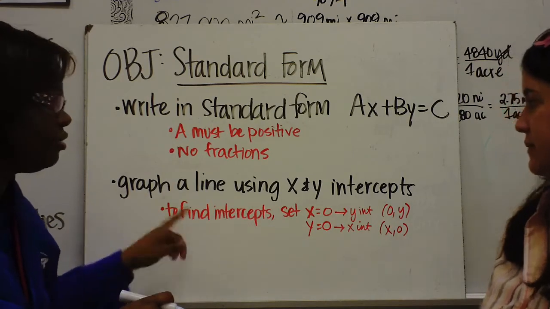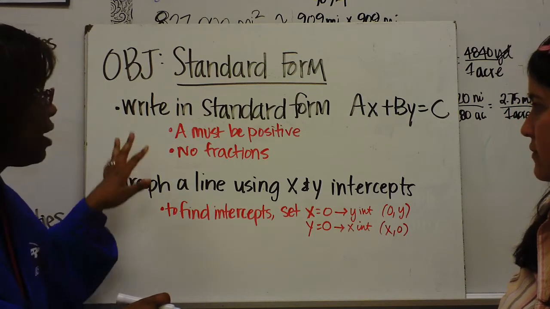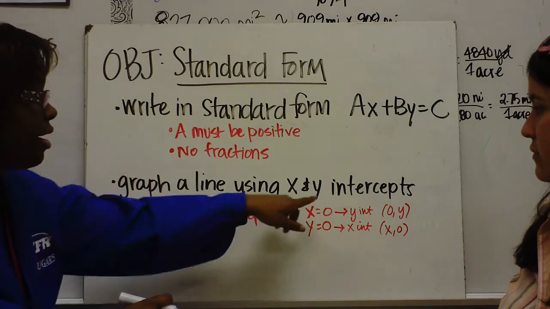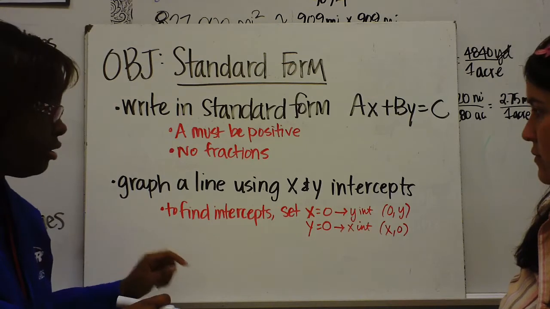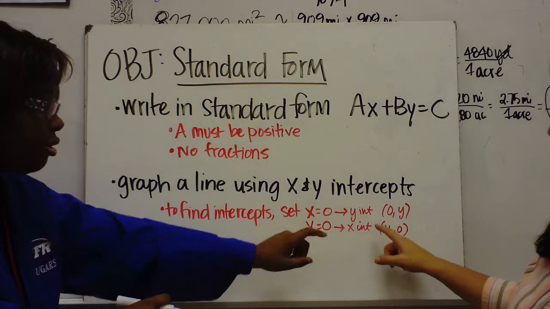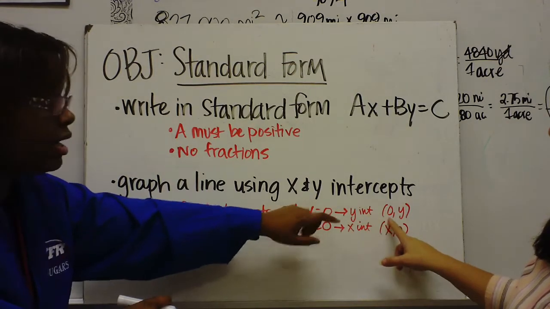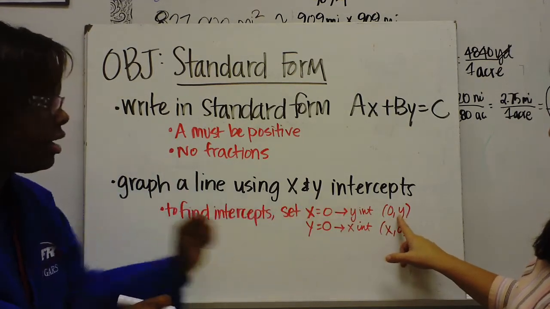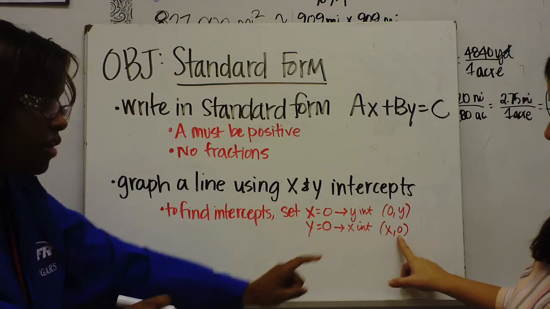Alright, so graph a line using the x and y intercepts. That's the second objective we're going to do. We're going to talk about how to graph in standard form. You have to use what's called the x and y intercepts. And to find the x and y intercepts, for the y-intercept, you're going to set x equal to 0 and find the value of y. And to find the x-intercept, you set y equal to 0, and you're going to find the value of